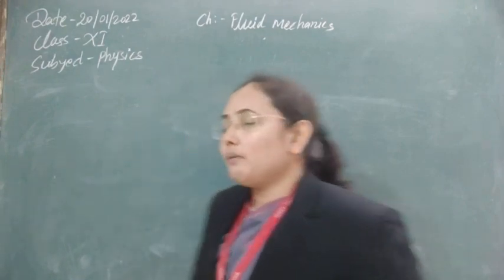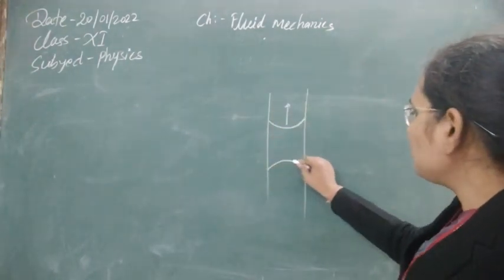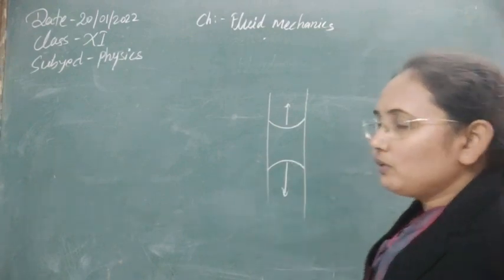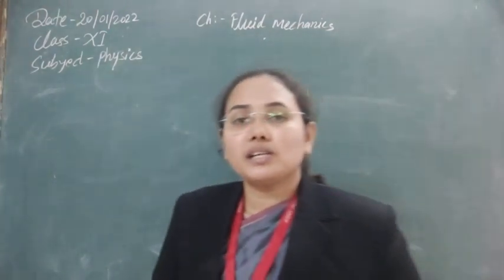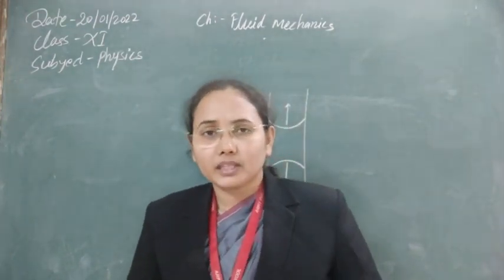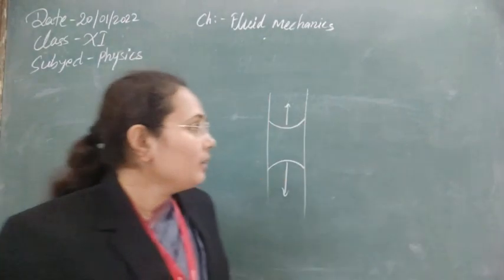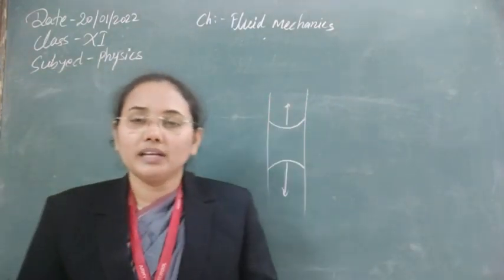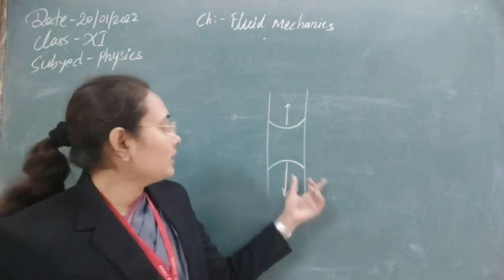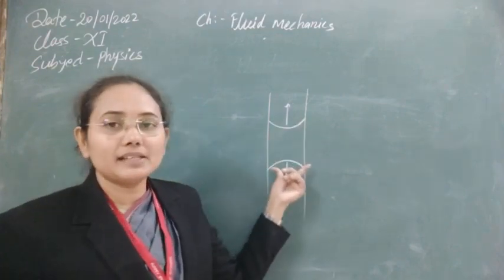Or if we have a meniscus of this shape, then this liquid will feel a force in the downward direction due to excess pressure, so it will start to fall just to maintain its pressure there. So this is the reason for the falling or rising of the liquid through any capillary tube, which depends completely on the curved surface or the meniscus that is formed.